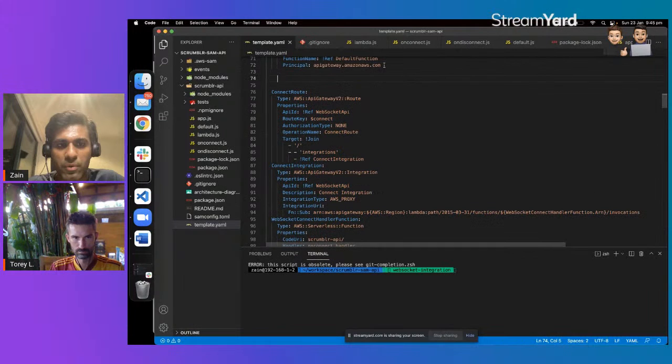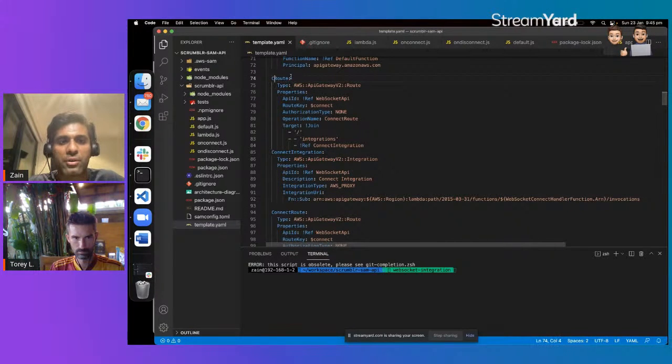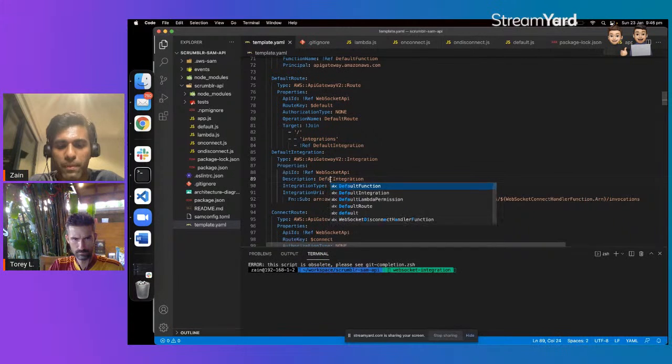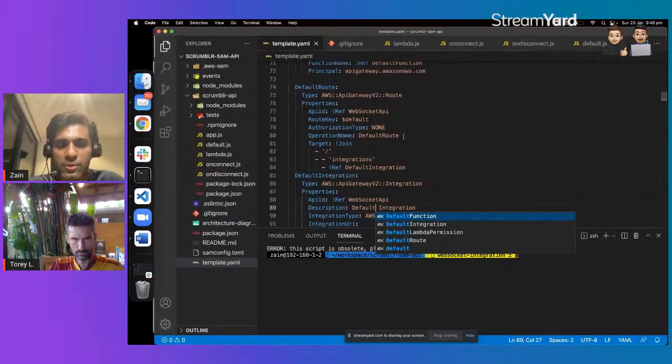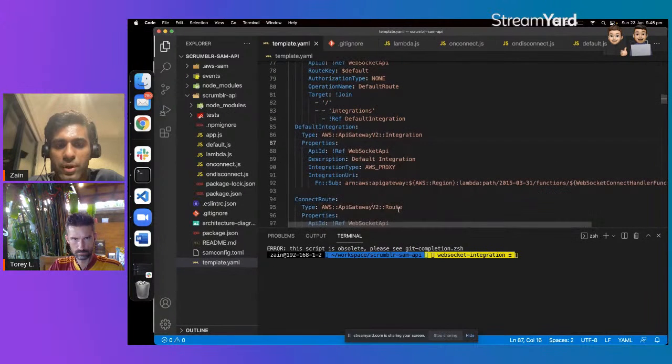So if I do them over here and just change these to default route, connect would go to default, connect route operation name one, default integration, default, there we go, and then connect default integration. Zoom in a bit for those watching.